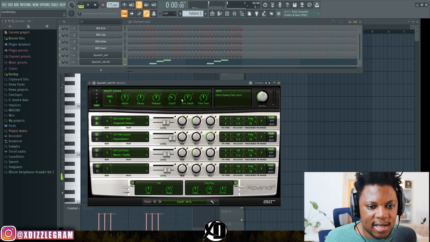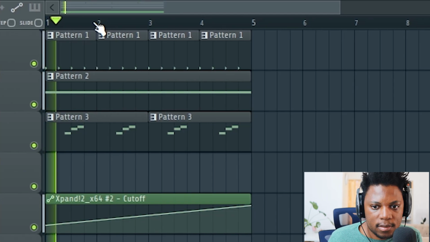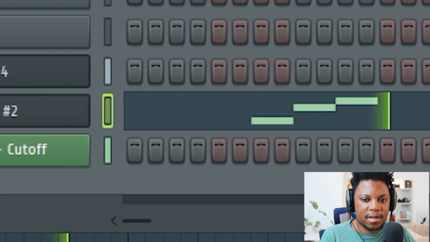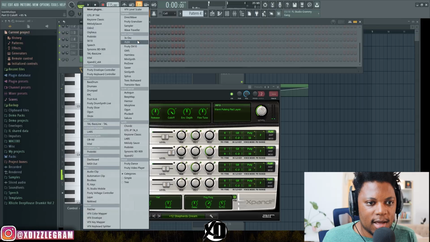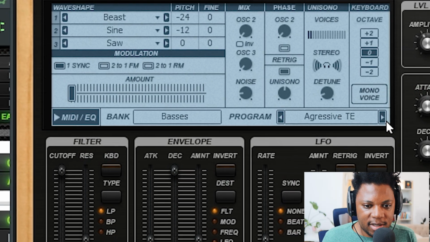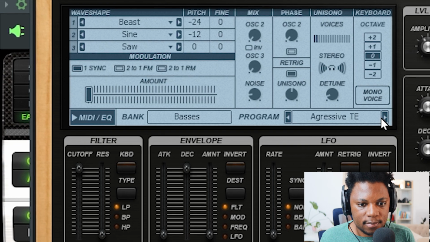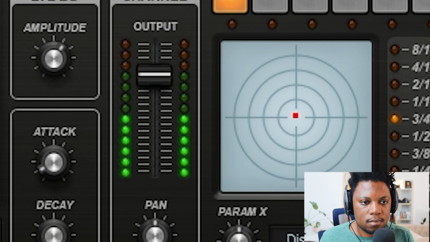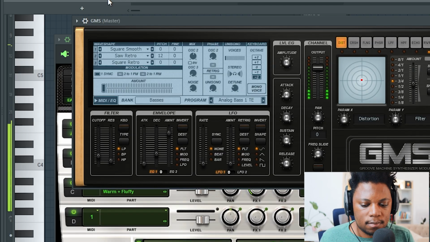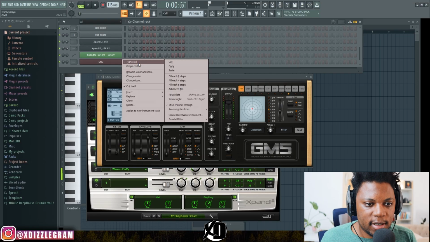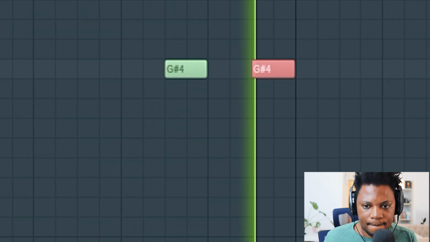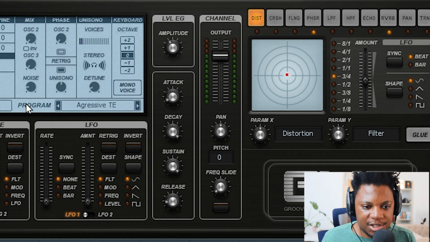All right, I think I'm gonna automate that cut off there. There we go, now it's automating. Aha, dope. And then I'm gonna go into my GMS and into my basses. Right, something like that. Go back into GMS,